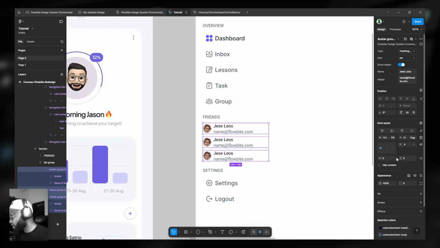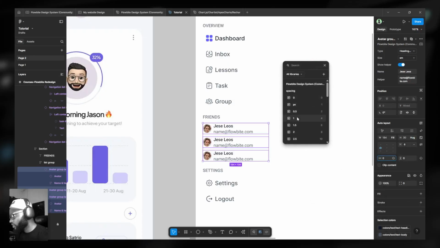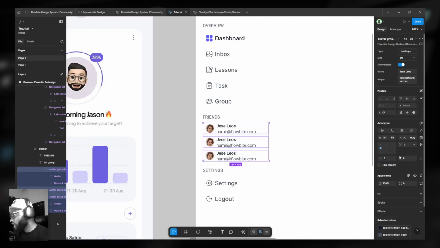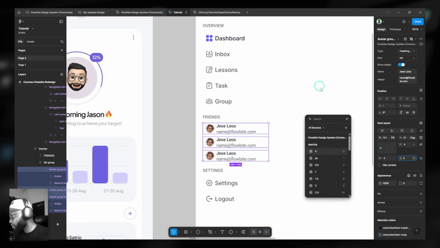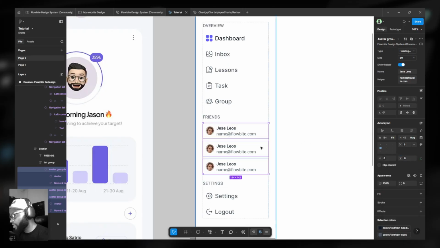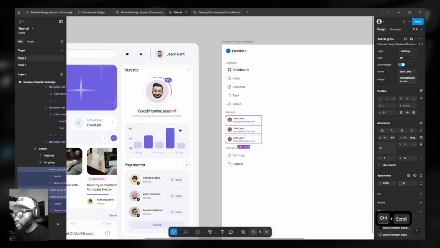Then I'm going to set the padding here. This is 0, so I'll set it to 8 on the left and right. So 8 is 2 times 4, so I'll use 2. Then 6 is 1.5 times 4, so I'll select 1.5 here, and we're good to go. So you can see everything is looking well aligned. It's also the same for the title here,